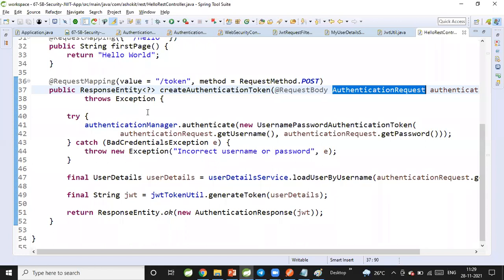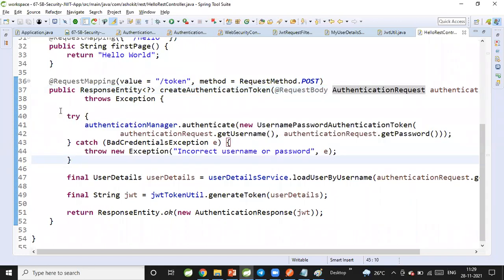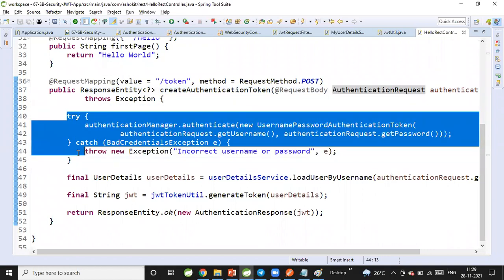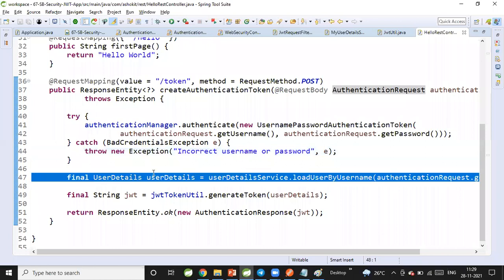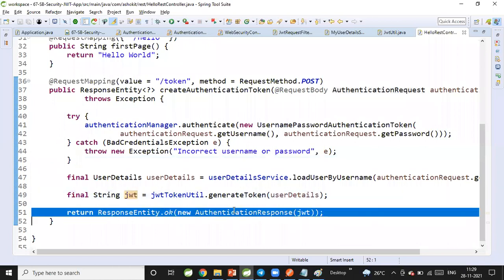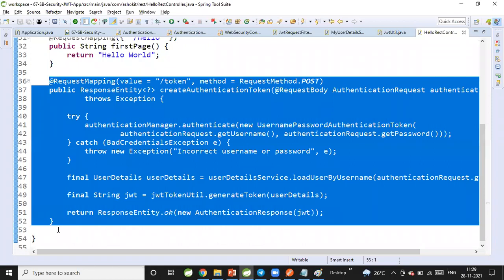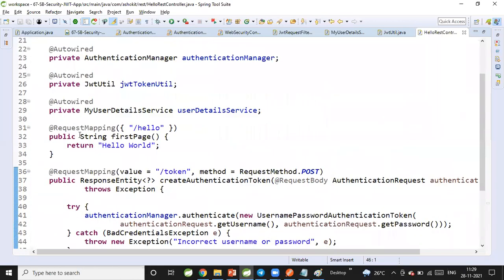Based on that, it is going to authenticate, that means it is going to check whether our username and password are valid or not. If valid, then it is going to load the user details. Based on the user details, it is calling the generate token method. It is giving the token, and the token is sent as a response. So this method is used to generate the token, and this method is used for accessing the hello world message with the token.